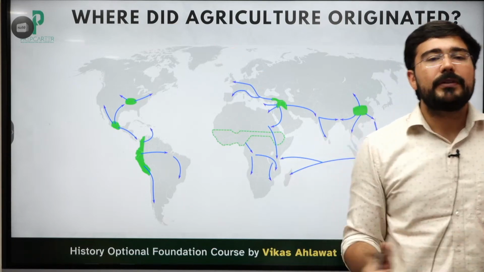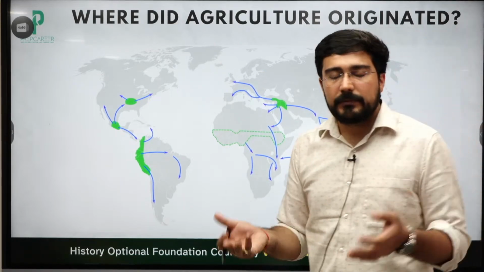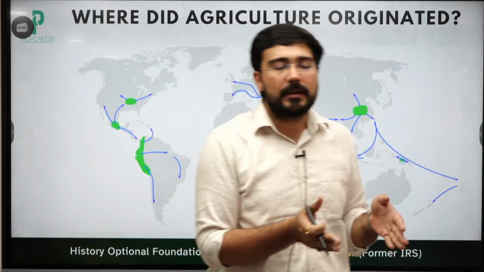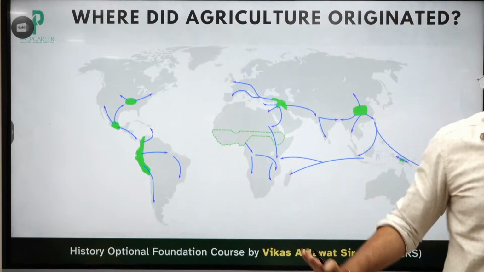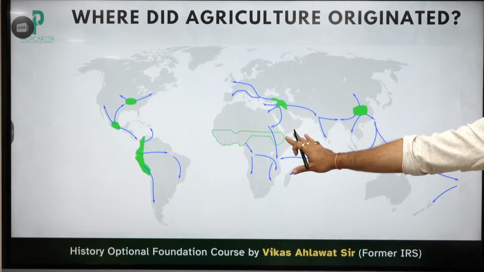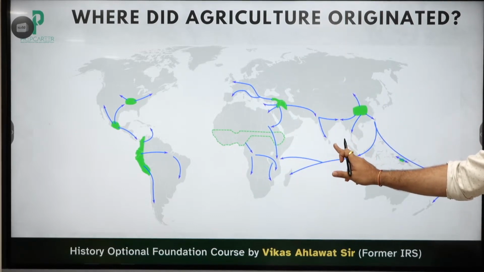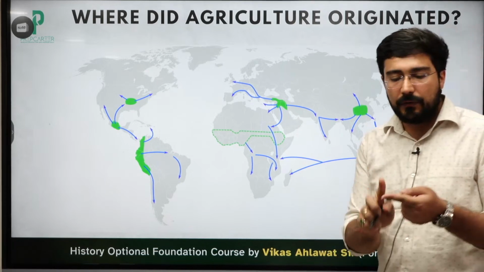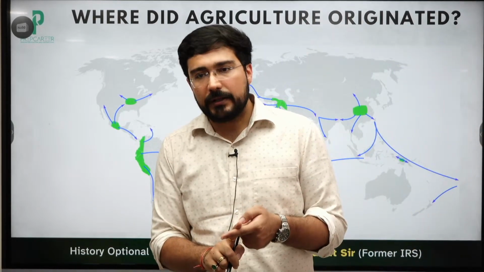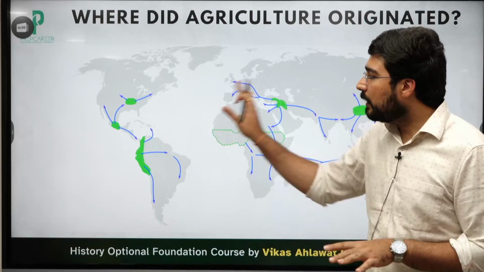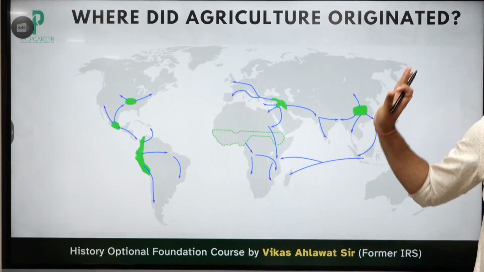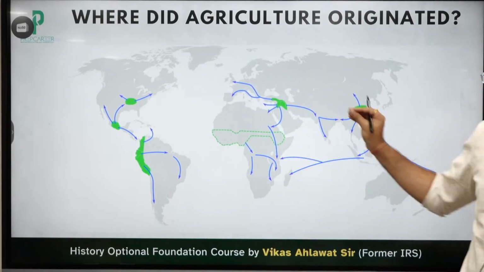So all of this is just theoretical. Some things have been proven by the science, some remains unproven. But this is the reality. There were multiple centers of agriculture in different parts of the world, and India was one of them. Two kinds of theory can be there: diffusion, second could be indigenous. But what we believe, all of them, they were independent agricultural centers, not borrowing ideas from one place to the other,